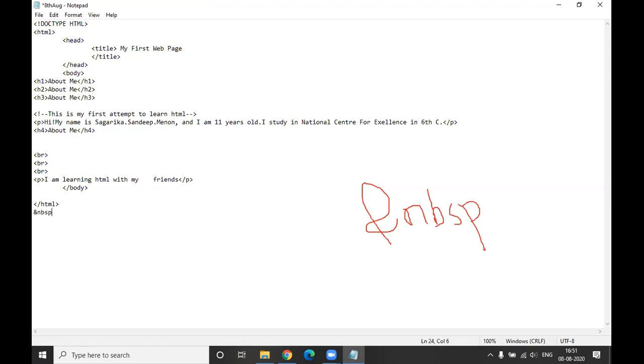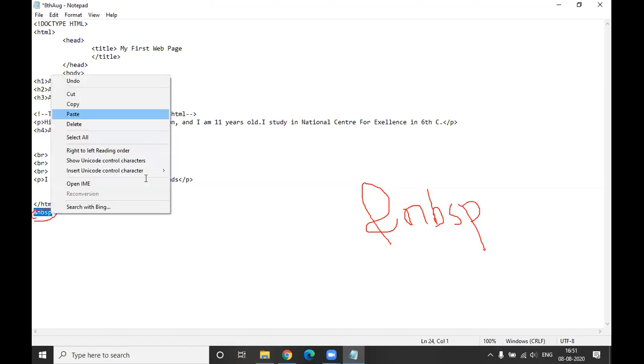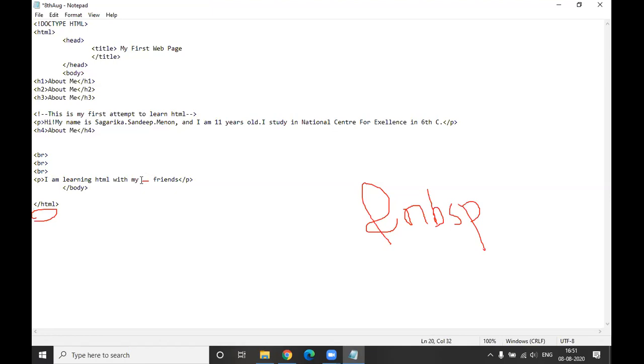Now just cut this part and put it 4 times over here. Paste. So should there be a space?